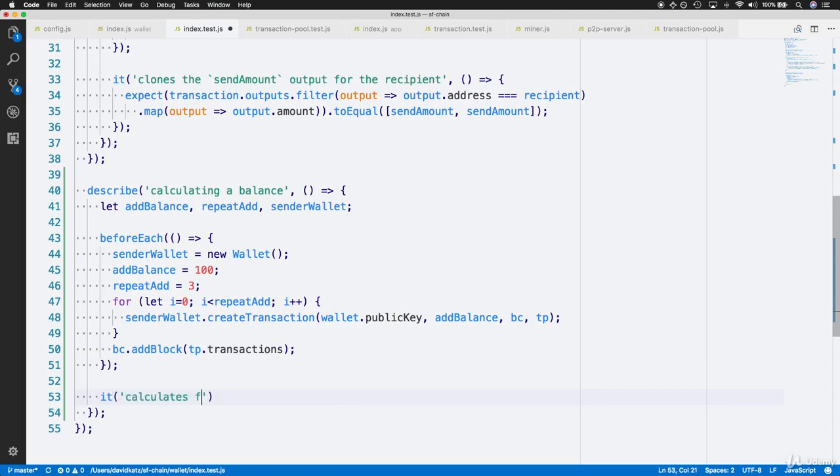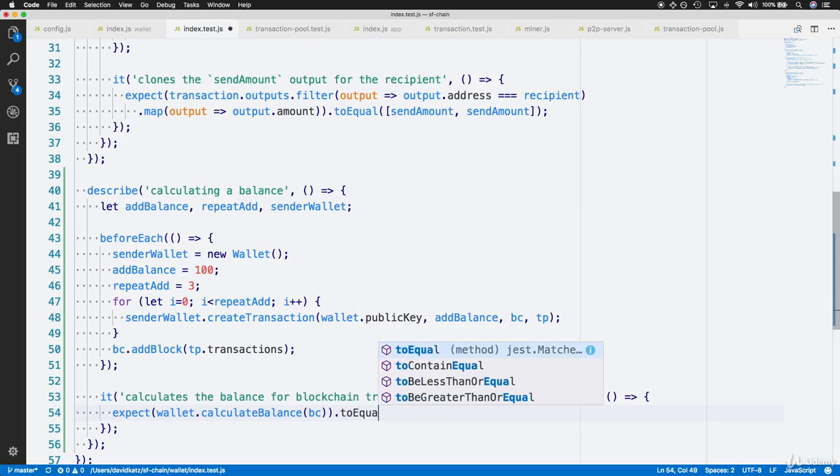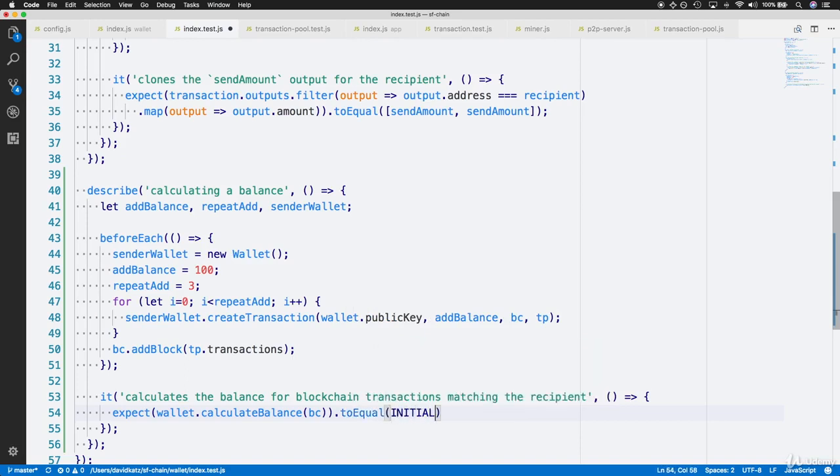This allows us to now write our first test, which will make sure that it calculates the balance for the recipient. So the message says it calculates the balance for blockchain transactions matching the recipient. The recipient in this case is the original wallet. So we'll expect that if we call wallet.calculateBalance and then we load in the blockchain instance, this should equal the initial balance of all wallets,